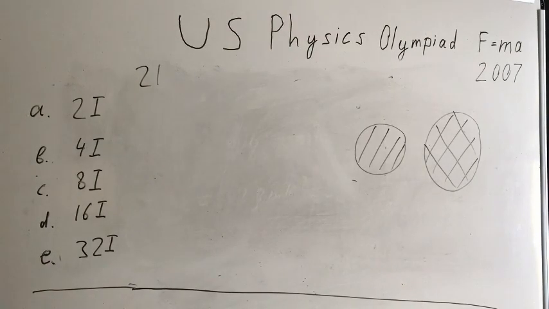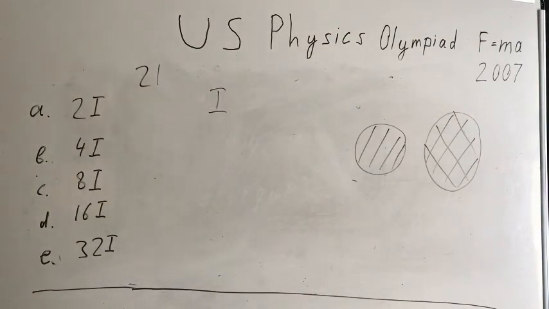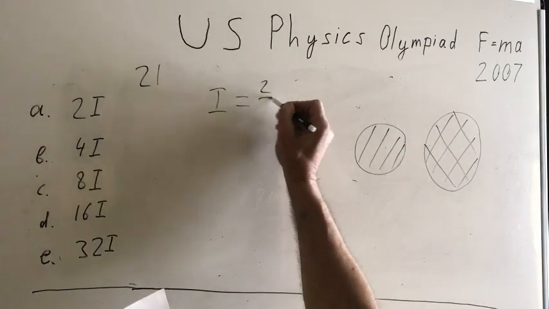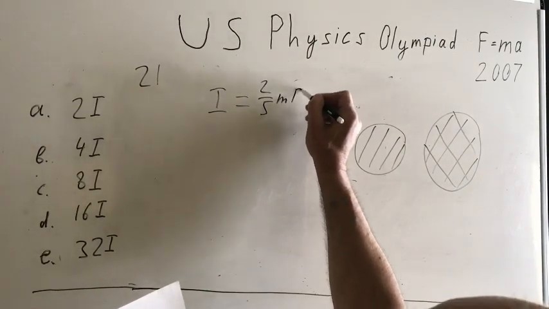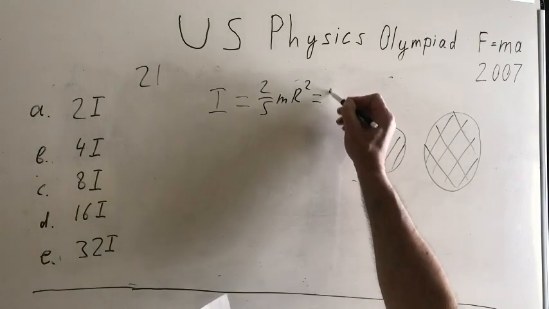Problem number 21. If the rotational inertia of a sphere about an axis through the center of the sphere is I, what is the rotational inertia of another sphere that is the same density but has twice the radius? So we just increase the radius twice. We know that for a solid sphere the rotational inertia is 2/5 mr squared. But suppose we forgot this coefficient, we don't need it in this problem. So it's like beta